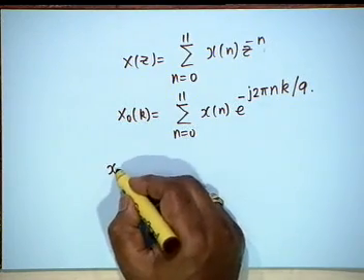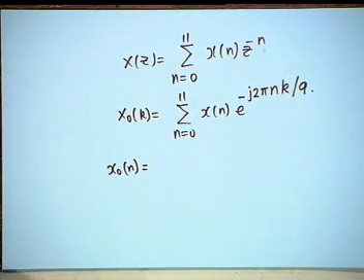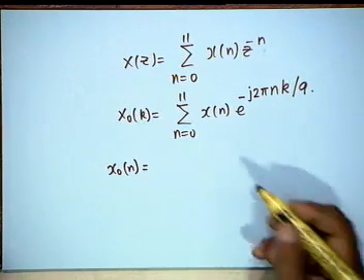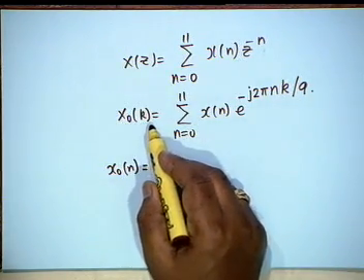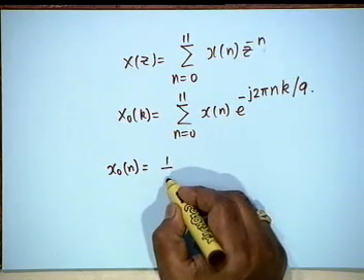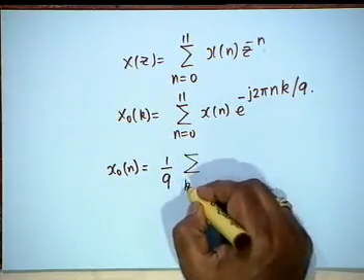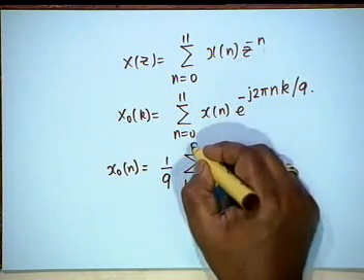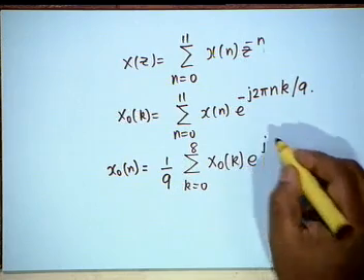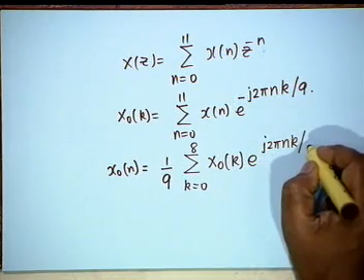I have to compute x0(n), and this is the point where one has to understand. We take an IDFT, in other words we write the IDFT relationship. Let us see what happens. I am not allowed to compute X0(k), so I will not compute. Let us see what is the IDFT. IDFT would be 1 by 9, summation k equal to 0 to 8, X0(k) e to the power j 2 pi n k divided by 9.